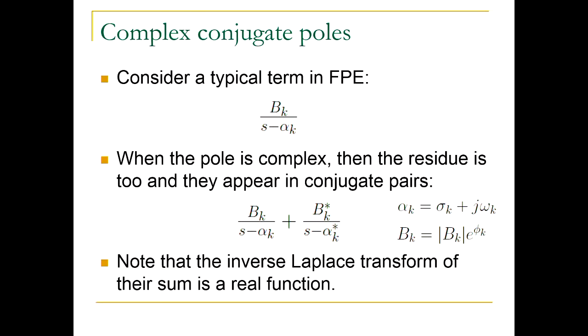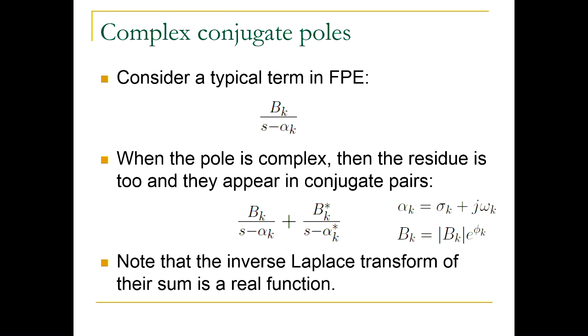So just a note, we won't go through all these steps, but I just want to explain what's given here. I told you that bk's and alpha k's can be complex numbers, but from the fundamental theorem of algebra, polynomials with real coefficients, if they have zeros that are complex, will always appear in complex conjugate pairs. So because I know that I will always have complex conjugate pairs, I know that if bk